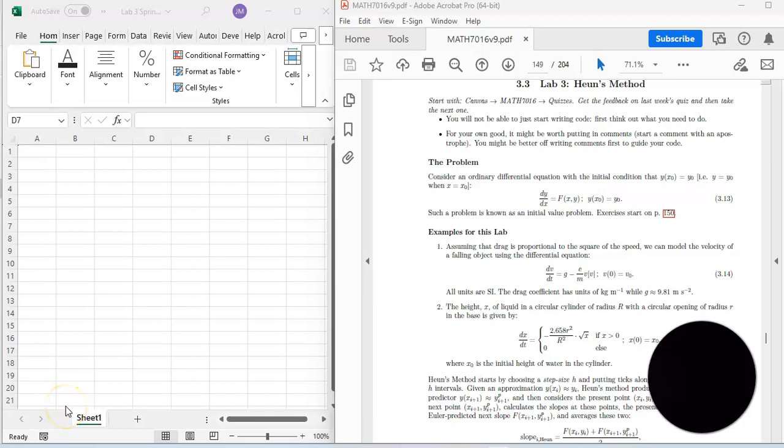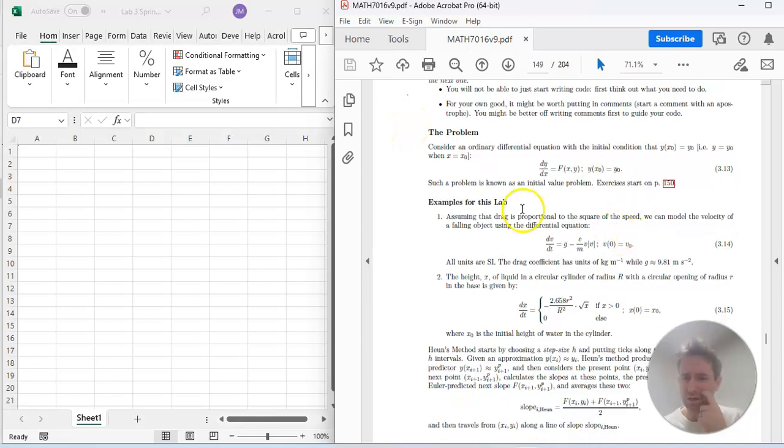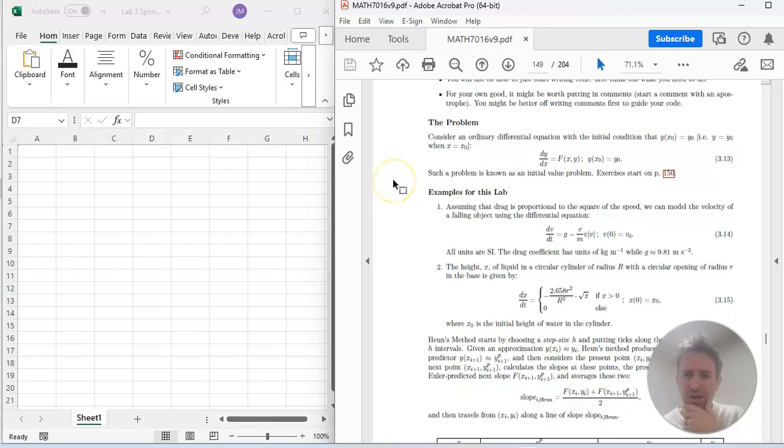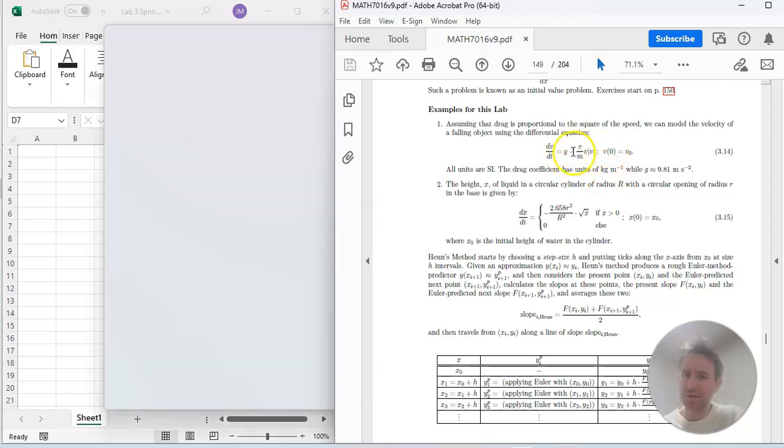Okay, folks, this is the setup video for the third lab, the Heinz lab, which is the important lab in the context of the first VBA assessment. So it's just a little bit of a warm-up here, tell you the problem. Again, it's a differential equation with initial conditions, so-called initial value problem. And the two problems we're going to look at is something falling with drag proportional to the speed squared, and